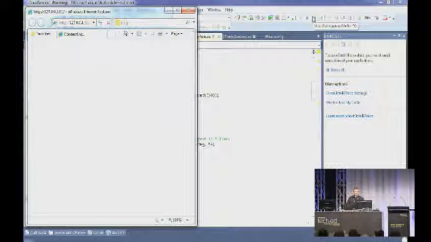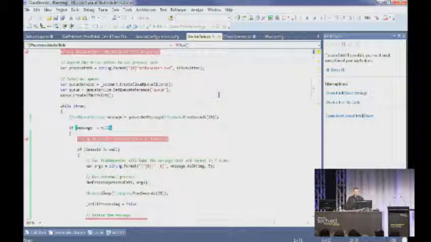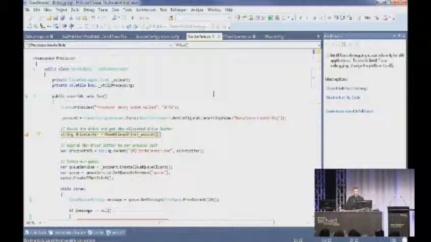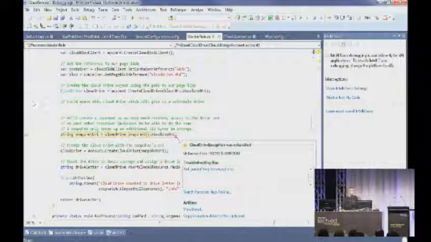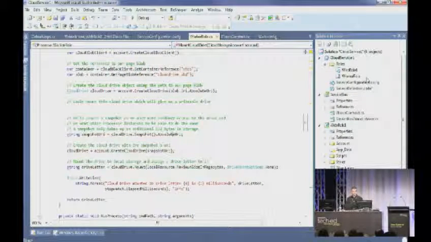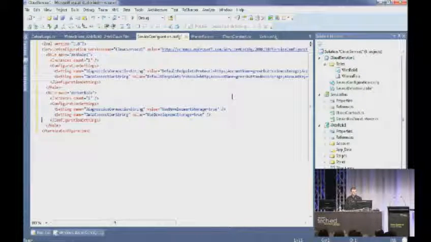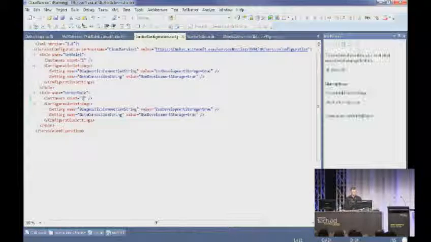Oh, actually, it's going to fail, I think. Should fail. Oh, we haven't had our worker role yet. So this code here is going to fail, as I mentioned before, because we've still got our connection to live storage. We're going to get this error when we try and create the snapshot. So we need to point our connection settings back to development storage. So roll back to 2. It's a bit of a pain, that limitation, but